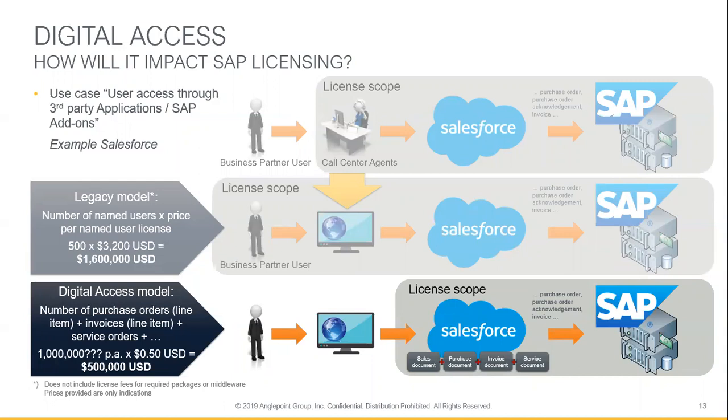With that number that you see here, it looks like digital access is the better deal. But think about, if you are selling not cars but something smaller, that you sell in the hundreds of thousands on a daily rate, so to say. Now I understand why we have the volume tier of 100 million documents that you can purchase from SAP. Because think about how many sales, purchase, invoice, and service documents you are actually managing in your systems, considering the line items in each of those documents. So there is also a good chance that the number in the digital access model is much higher.